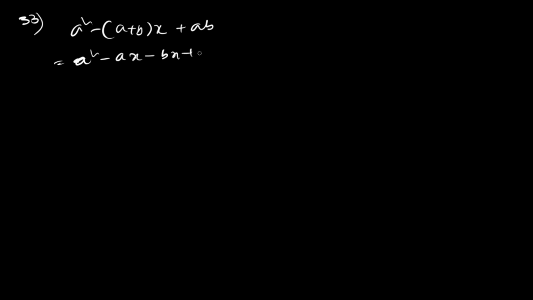The last question, sorry, not the last one, 34 questions are there. The 33rd question is given a square plus a plus b times x plus ab, and I should go for that, the kind of middle term given. So the second step of the middle term given,